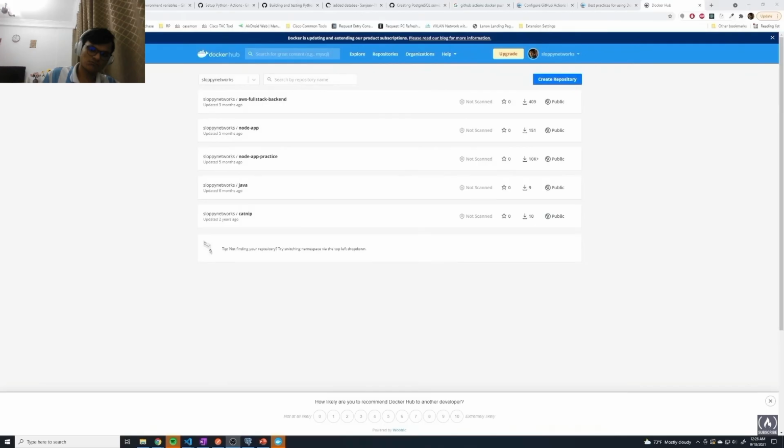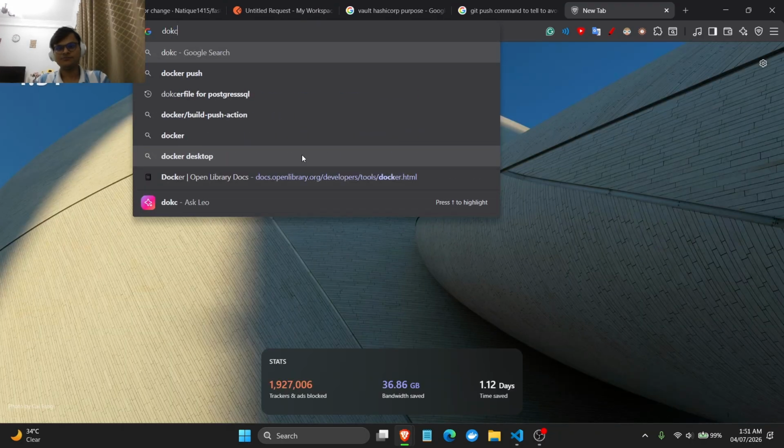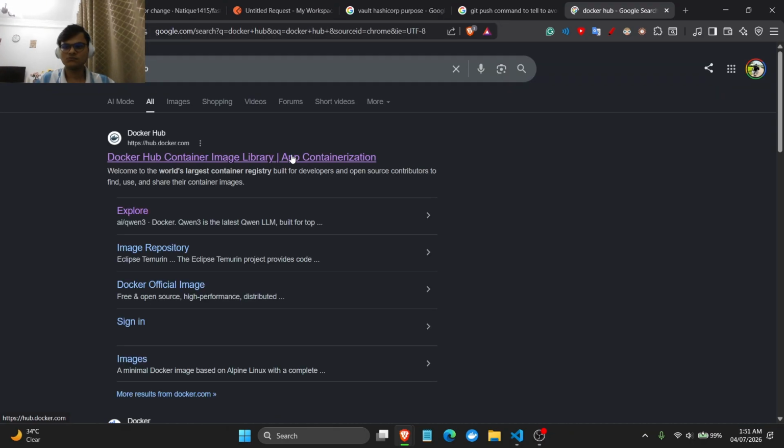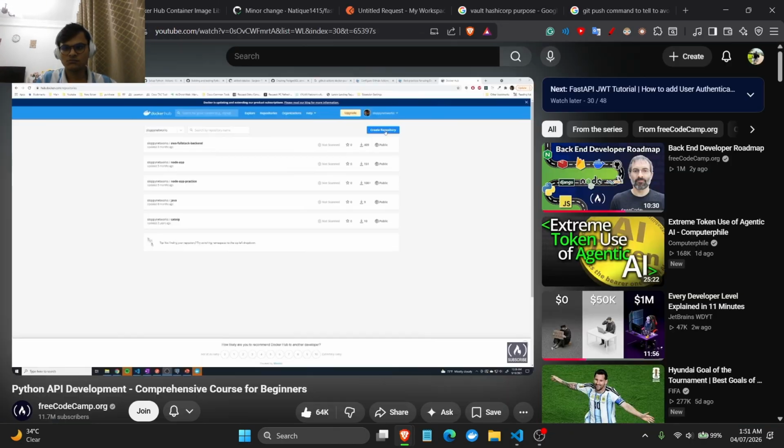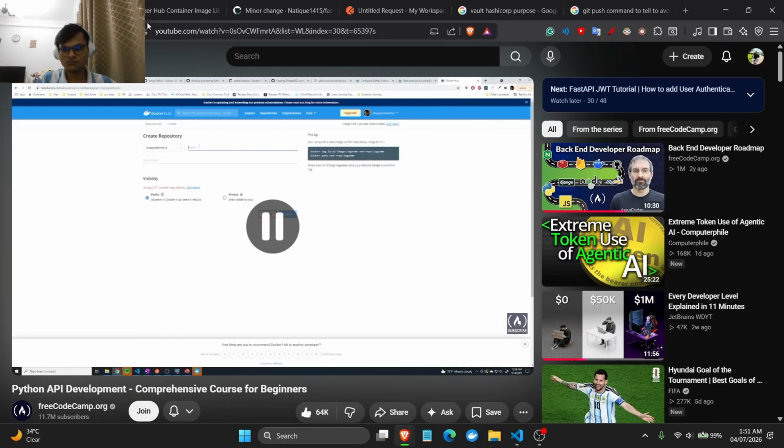The first thing is we need to have a repository set up on Docker Hub to store our images. And if you didn't create one during the Docker section, go ahead and create a new one. So log into Docker Hub, select create repository, and